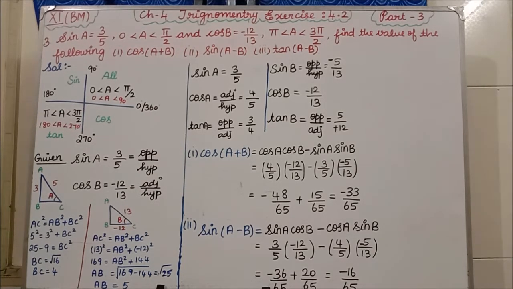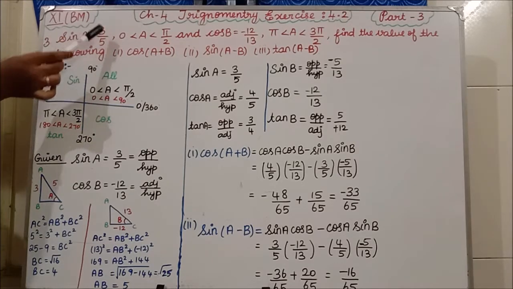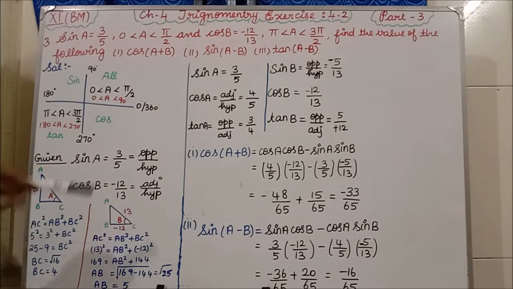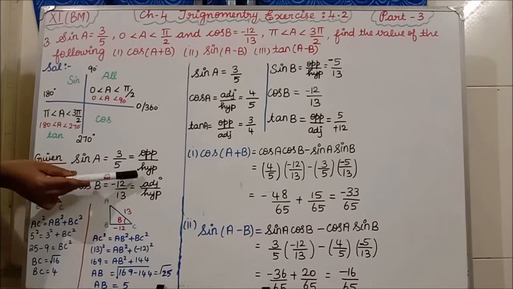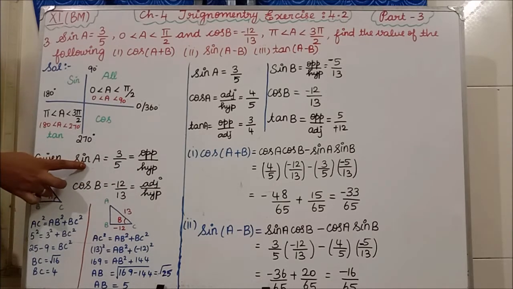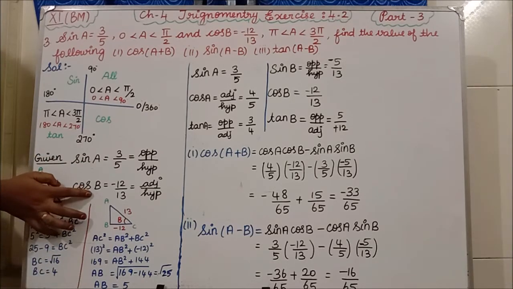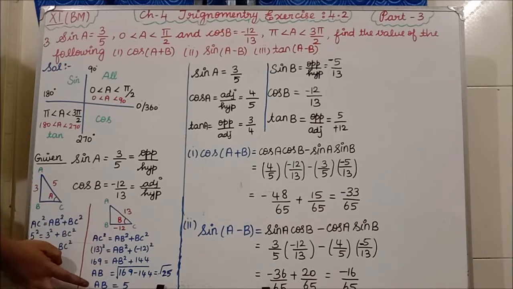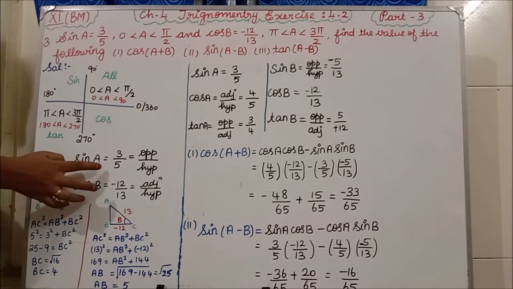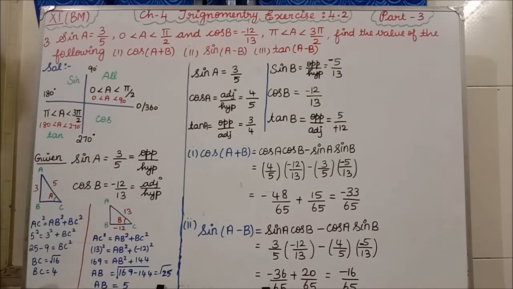Now see here, I have written the question: sin A equal to 3 by 5. Now the sin formula is what? Opposite by hypotenuse. For sin A, this is the diagram and here I am finding the value. For cos B, this is the diagram and I am finding the value here. Clear? For sin A, opposite by hypotenuse, we have the value. What is the angle here? A. So this is our opposite side, this is our hypotenuse, and this is our adjacent. We don't know the adjacent side. First we have to find that. So how will you write now?